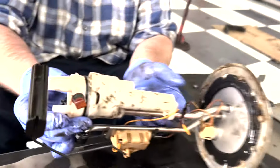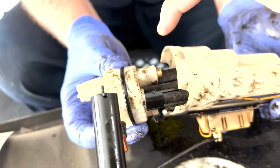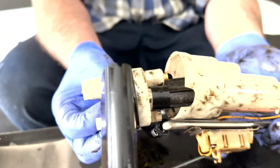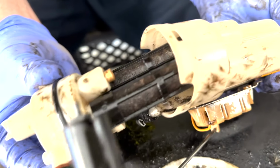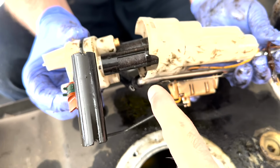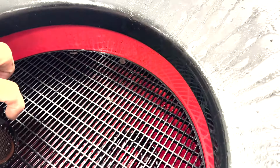Once we dropped the fuel tank out, I was able to actually see these filters, but it was only when I broke the bottom piece apart. There's a tab here, and a tab right here, which is then going to allow you to pull out these filters all the way. There's not a real way to clean these except for actually removing these. Now that's going to be from the sediment that has came through the tank,